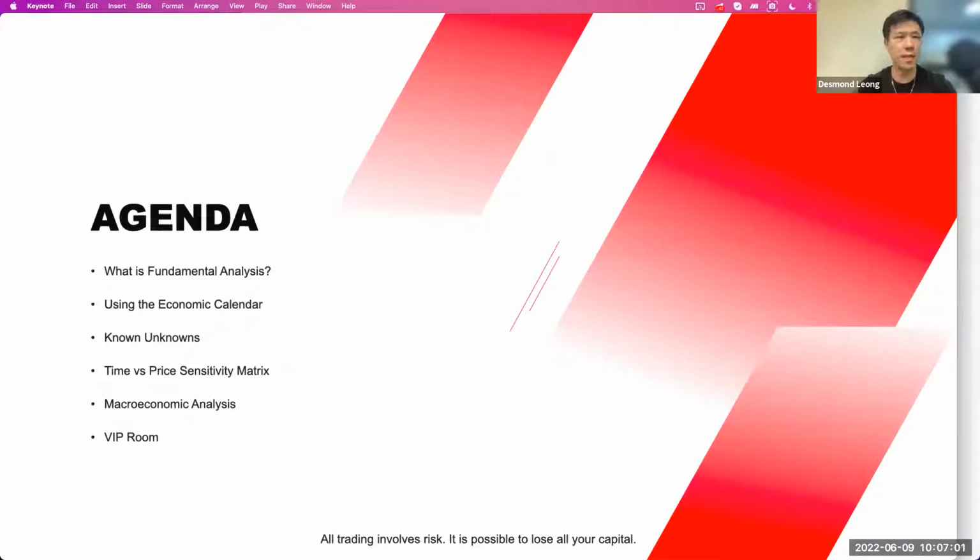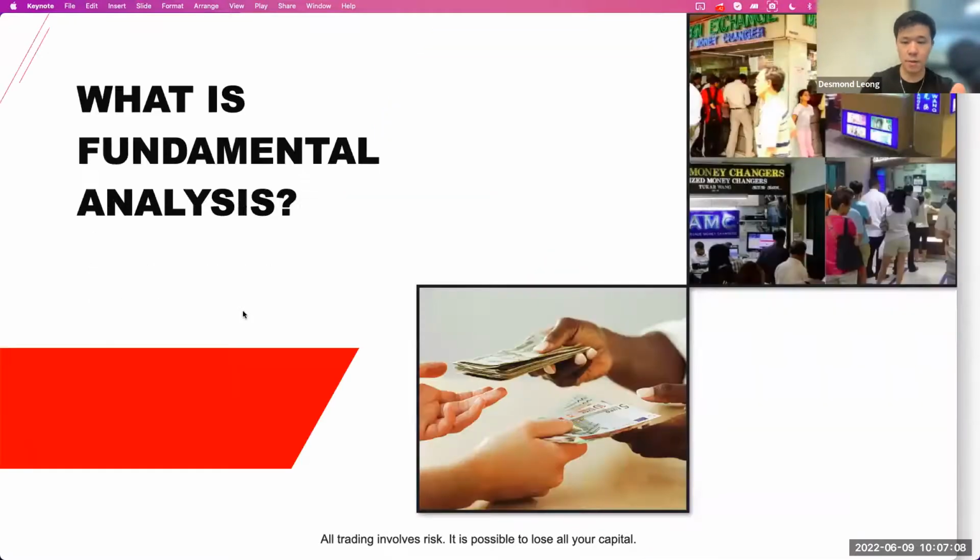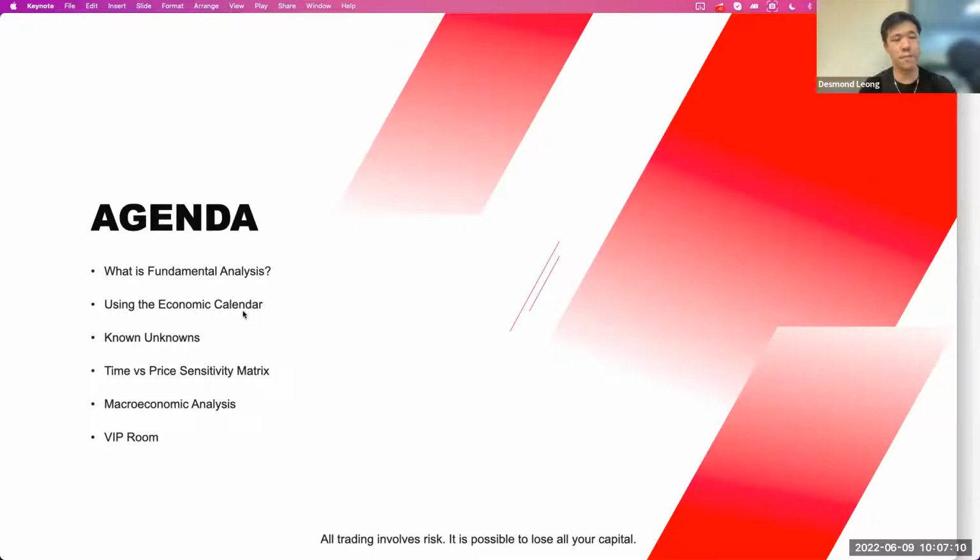Right? It's basically, it teaches you what the news events are. You know it's coming, but it's an unknown outcome, right? Then we look at the time versus price sensitivity matrix, followed by macroeconomic analysis and the VIP room, which I should